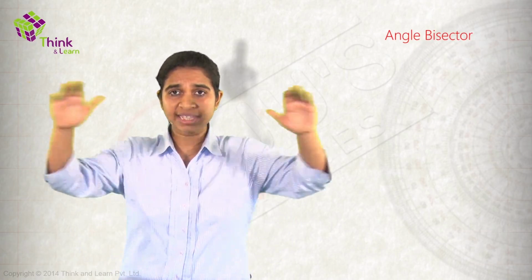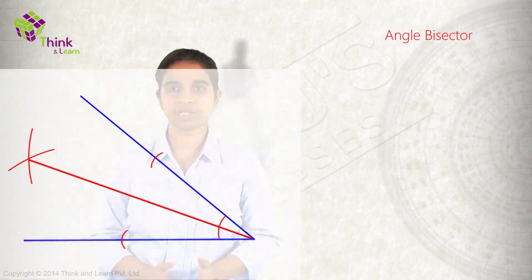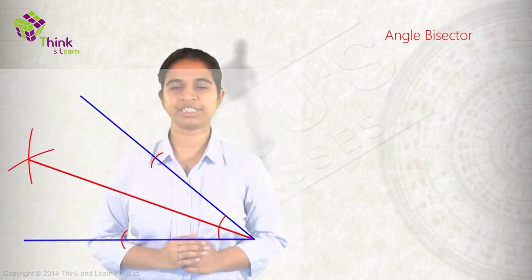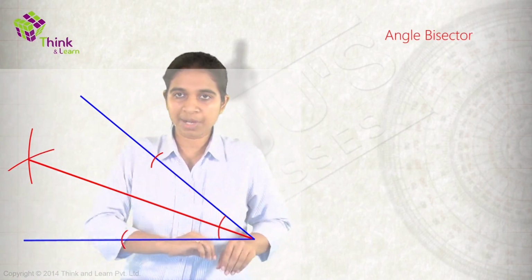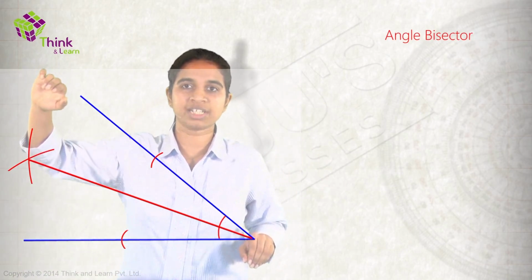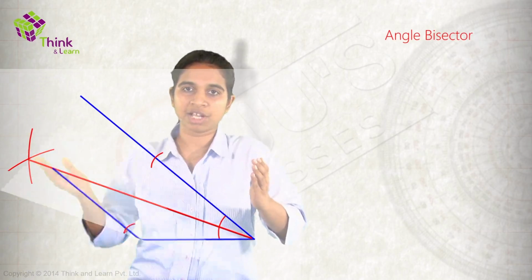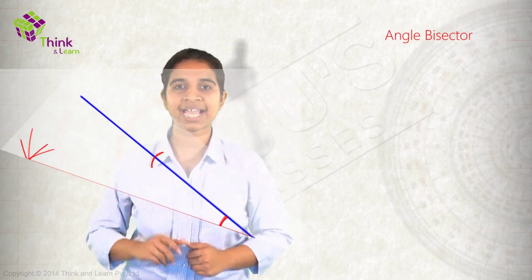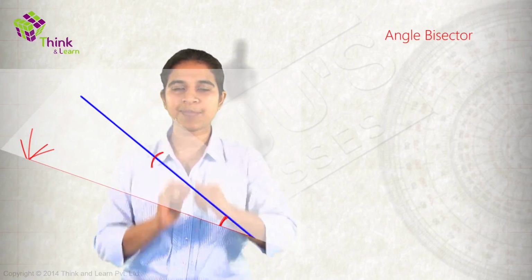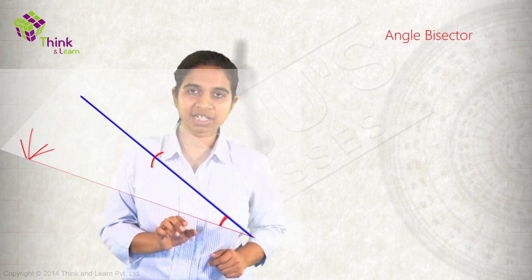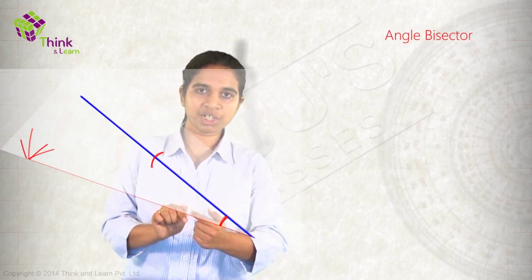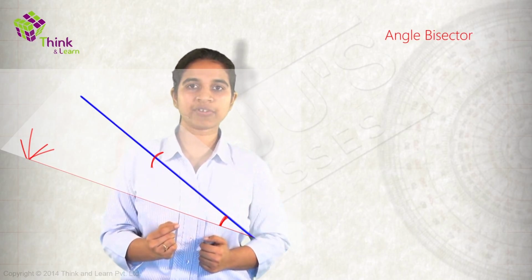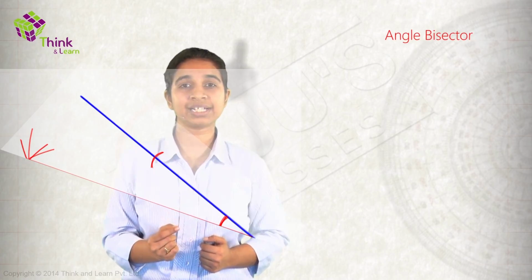Let's first see visually if we can actually see that this is an angle bisector. It's very easy to see it visually. Imagine this entire angle to be on a piece of paper. Make the paper transparent, much easier to understand. Now, let's fold the paper along this angle bisector that we've constructed. What do you see? You see that the two rays forming the angle perfectly coincide with each other. Correct? They perfectly coincide, which means there are two angles here, right? If you open the paper, you see both the angles perfectly coinciding. That means both of the angles are equal, correct?